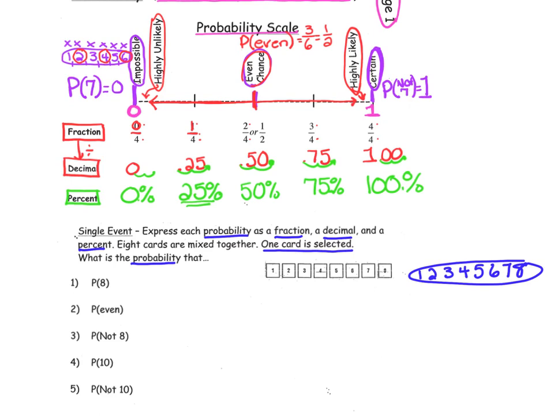Let's look at question number 1. What's the probability of selecting an 8 on a single draw? Well, if we look at our deck, we only have 1 card that would be considered a success. That's an 8. We would have a 1 in 8 chance. Now grab your calculator and let's convert this to a decimal. 1 divided by 8 equals